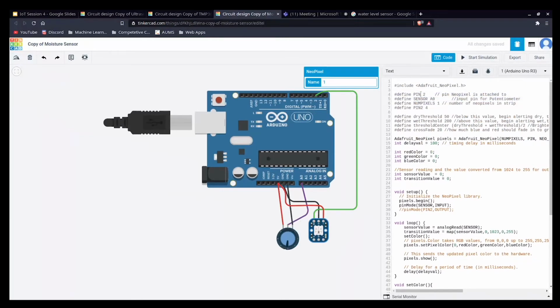It's not like the variable is directly assigned to this value, so it gets assigned before, as soon as the header file gets loaded. So it's comparatively a little faster when using these, but here it doesn't matter. When circuits are complicated, this may give some advantage. We have declared pin as 2, so whenever we are using pin anywhere, it will be replaced with the value 2, and similarly for these.